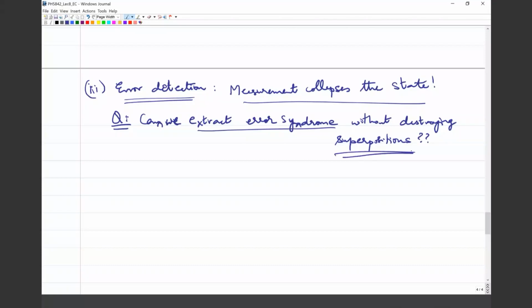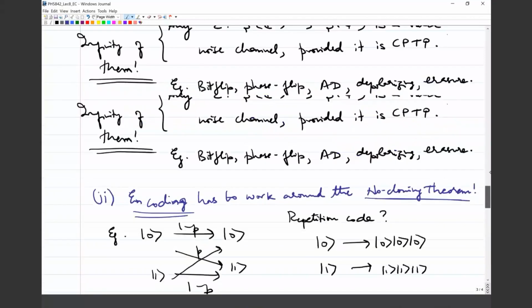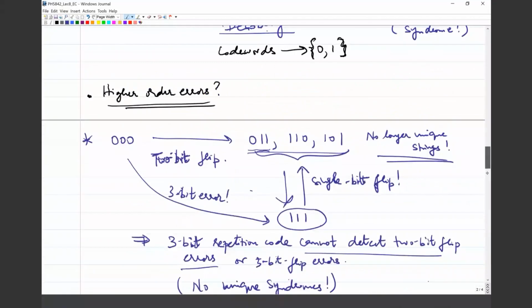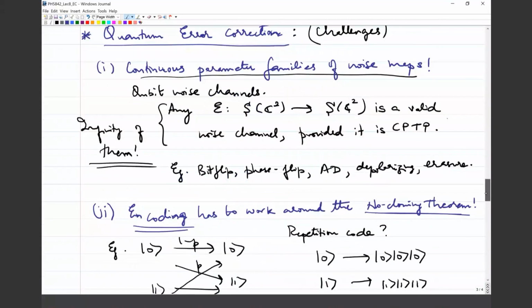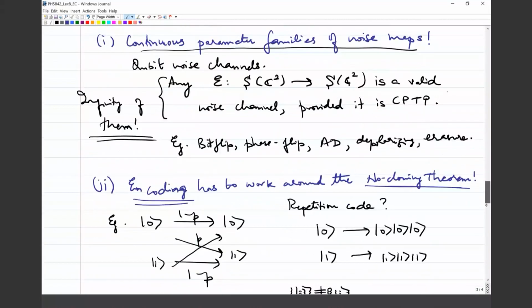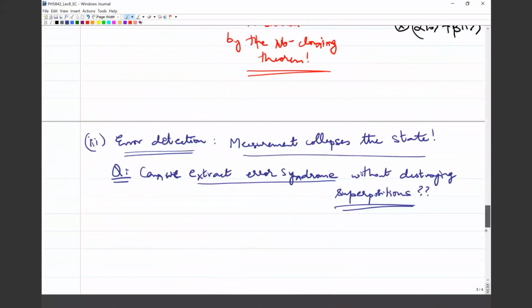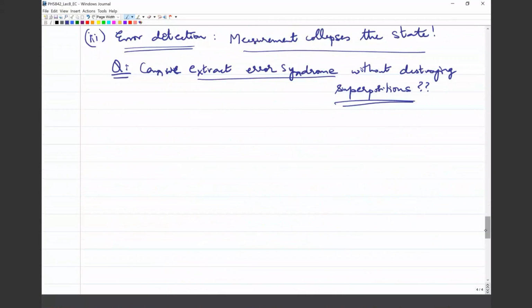So there are three main issues that have to be overcome in adapting the techniques of classical error correction to quantum error correction. The beauty of it is that this is still possible. It is still possible to work out a cogent theory of quantum error correction which can overcome all these objections. So the first, let's look at